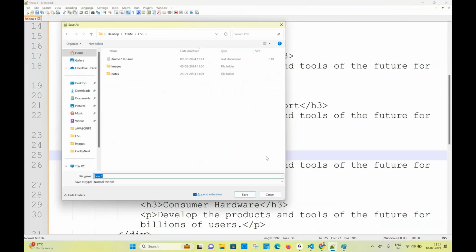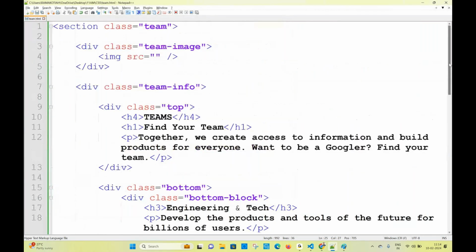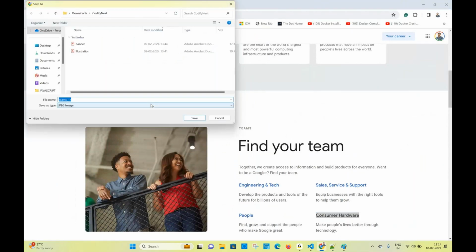team.html is a file. I'm saving a file like this. Yeah, your skeleton is ready. And finally, I have to download this image also. Let me download this image. Save images. So let me keep this image into the,